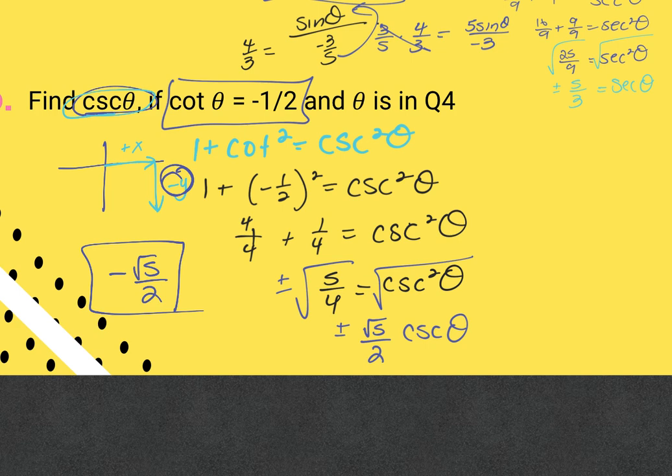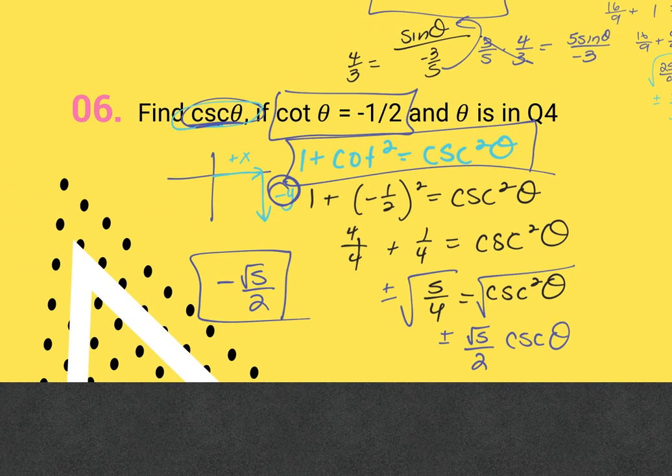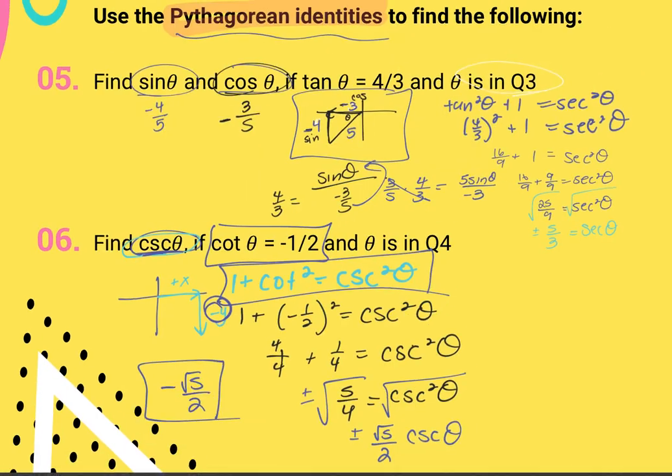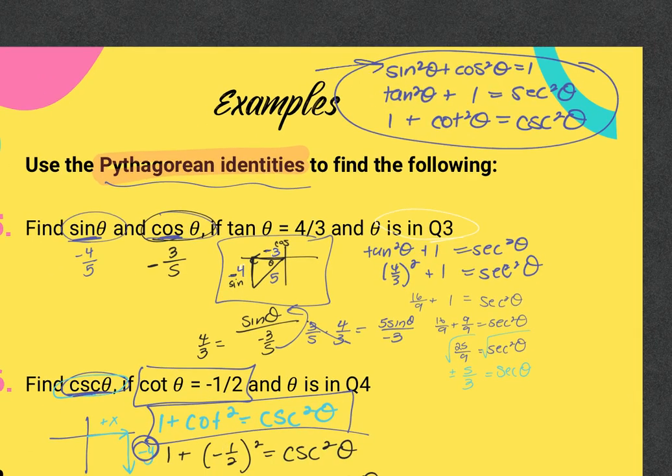Questions on that one? Wait, so why would you keep it the same? Sorry, I was writing down. So this time my whole equation was just cotangent and cosecant. When I solved for cosecant, that's all it asked for. If it had asked for sine, then I would flip it. So it's going to ask for different things. And I would say that's where it's confusing. Like you start to think, how do I get to sine and cosine? You want to use the first one, but I don't